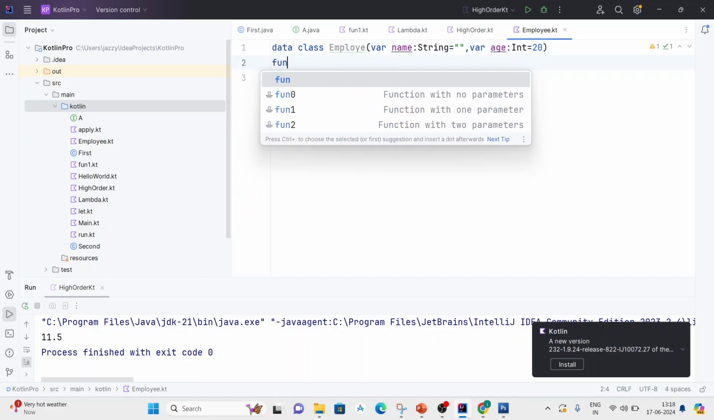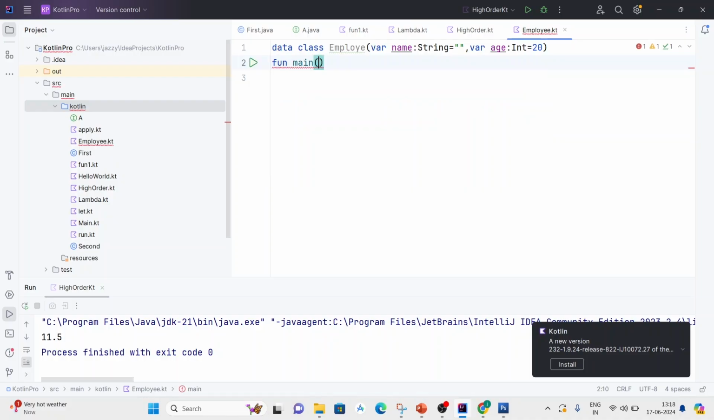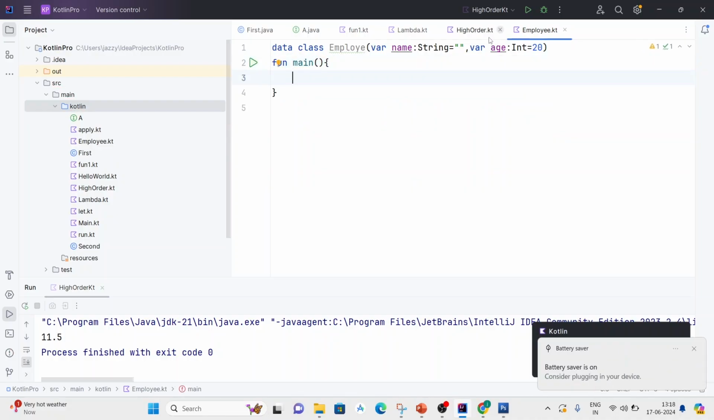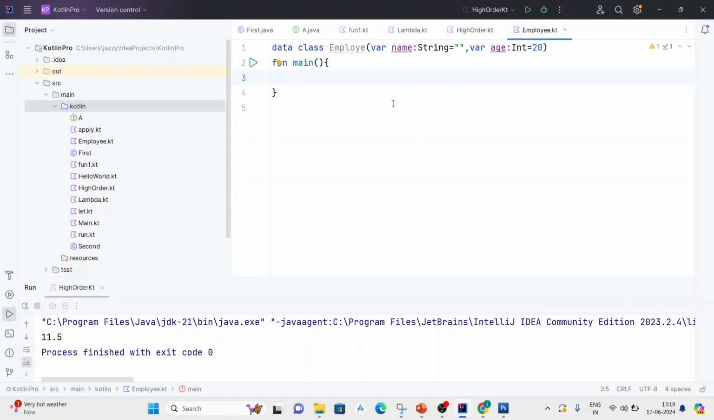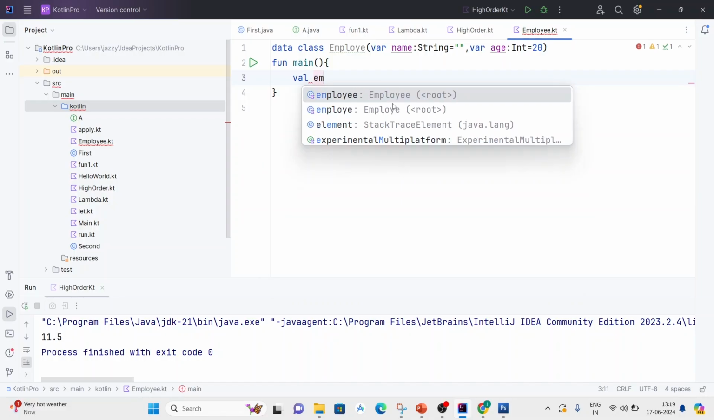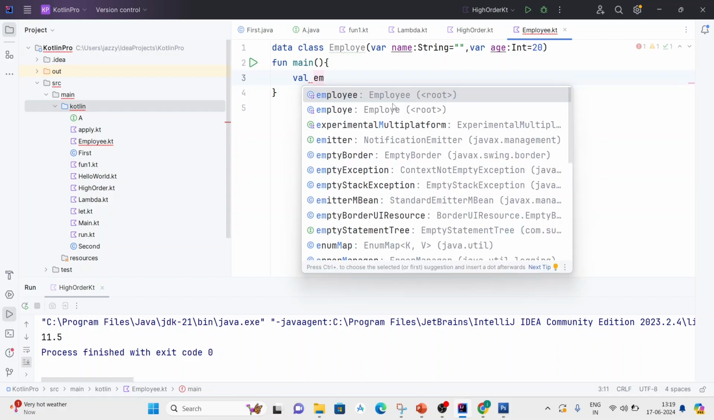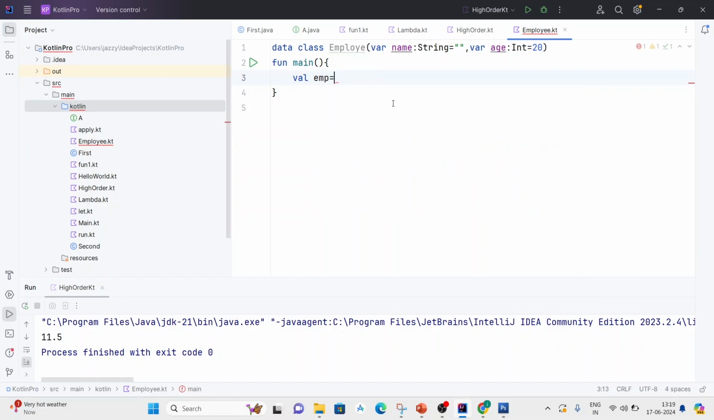Now create one main function. Fun main. Now let's try to access the field by creating an object of a class. Create one object, val. Now if I want to access each of the fields and set the value,